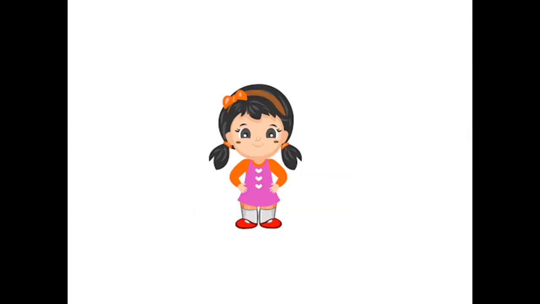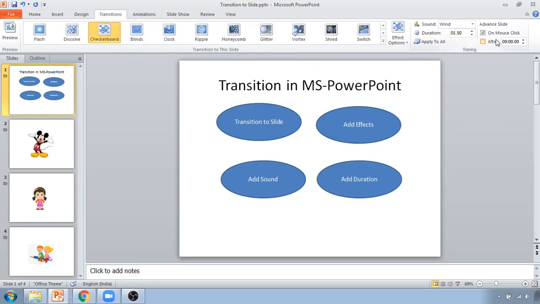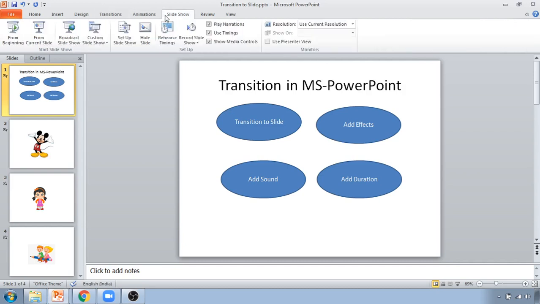Now if you want to change your slides automatically after some time, then there is an option available. You have to uncheck the on mouse click and just increase this like this. If you want to change after 5 seconds, now here you can see I'm not going to use the mouse for changing the slide.